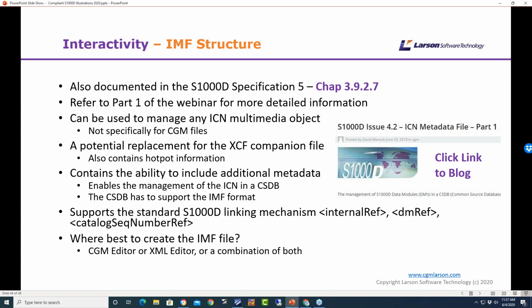As I said, it's quite complex. There's a whole chapter again dedicated to it, 3972. And again, we have a blog. On the blog, you'll find there's another series of articles on that particular ICN metadata file that you can go and look at. It's quite detailed again about the use of it, the construct of it, why it was done,